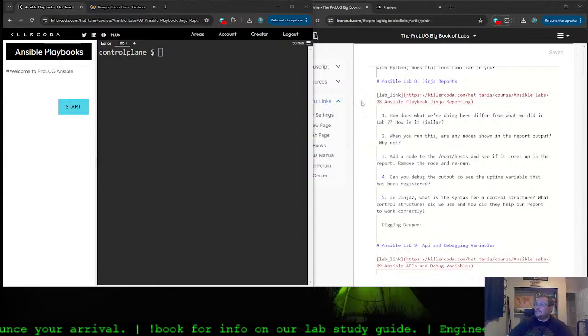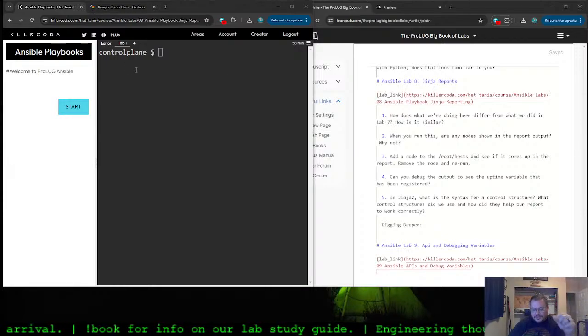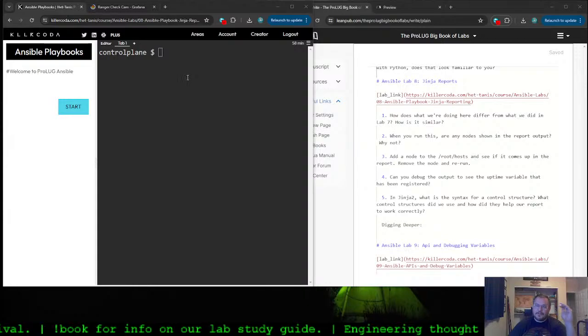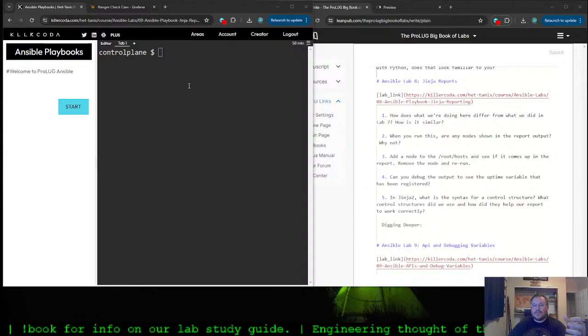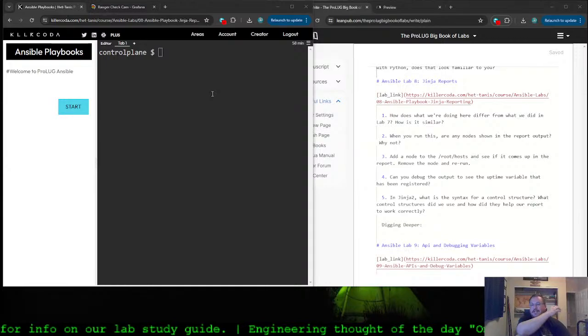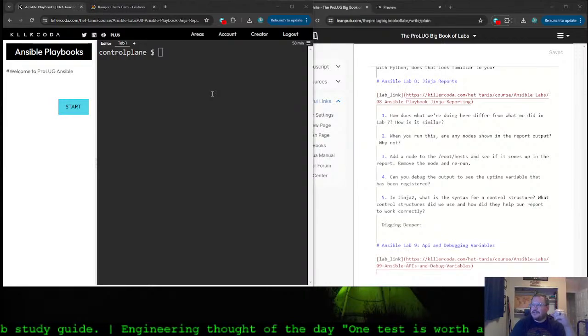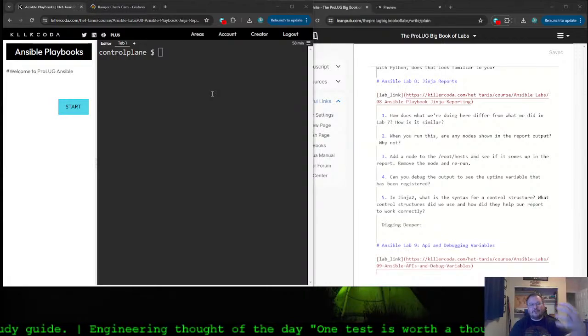All right, so let's keep going. This one is talking about Jinja reports. Jinja reports are probably the thing in Ansible I've gotten the most mileage out of, of all the things that I use. This has probably gotten me the most pats on the back from management, and it's been super useful for me because the way I do this is I run things and then I get reports back of